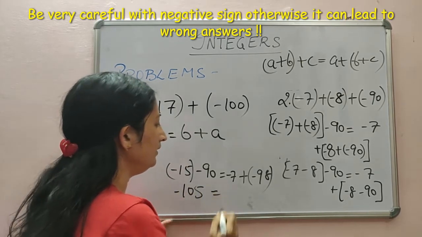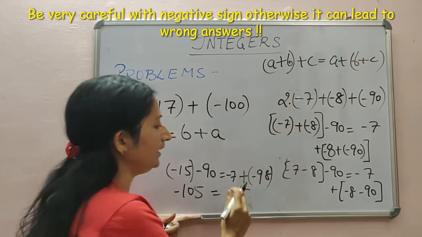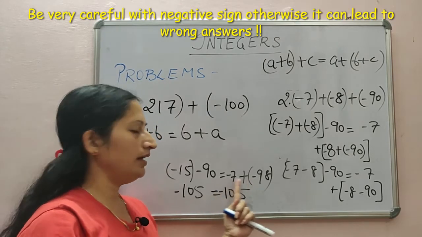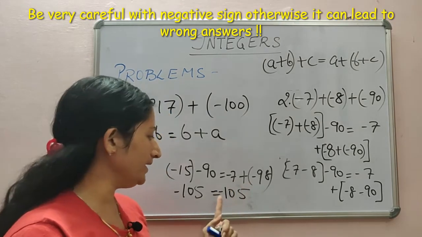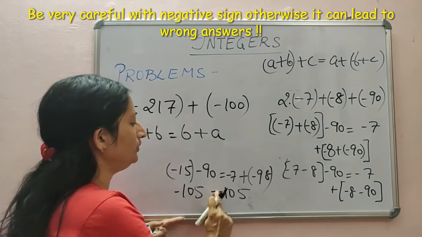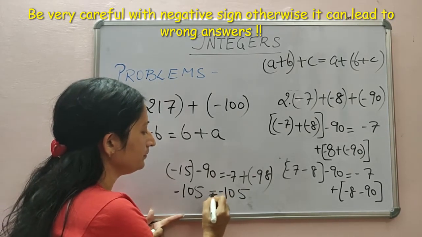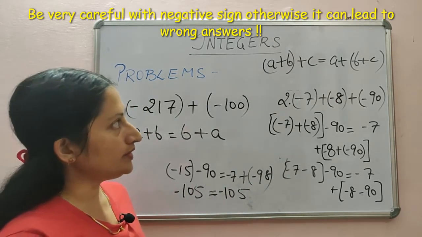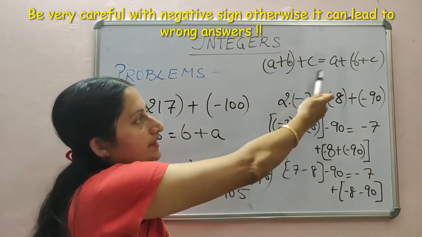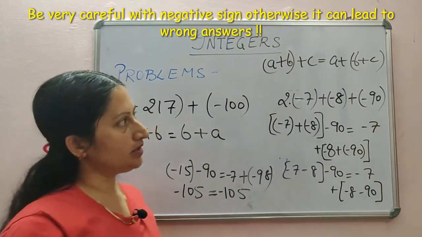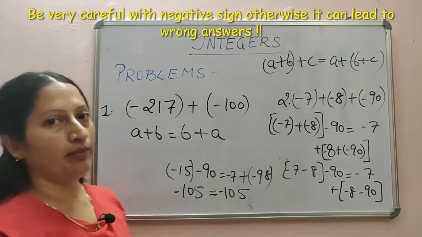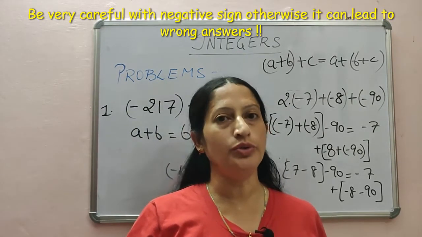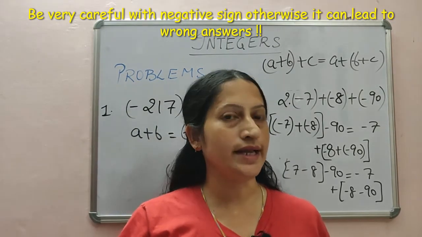Now let's check the right hand side. So right hand side also it is minus 105. This minus minus will be always added together and minus sign will be put. So I hope these things are clear to you, that left hand side has become equal to right hand side. So associative law, that is A plus B plus C equal to A plus B plus C, is also proved. Same way here, commutative law is proved. So both the laws are proved, and I have shown you 2 problems from your own NCERT book.